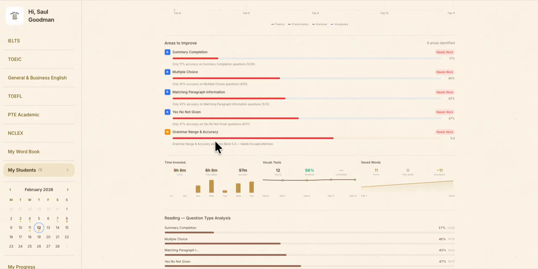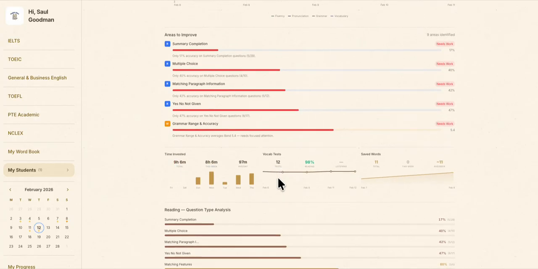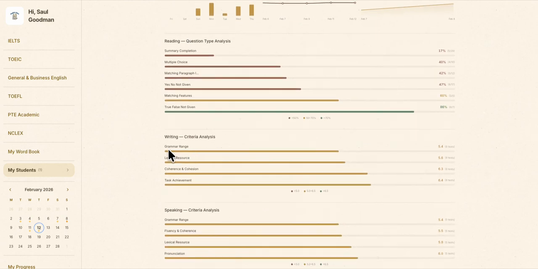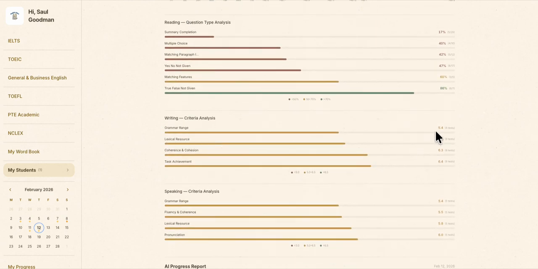Nice. And then his vocabulary test is pretty inspiring actually. He is 98% correct. And for reading, this is his metrics. Writing, he is normally getting 5.4 for grammar range. Obviously his grammar was not very good, so he needs to work on grammar the most. But task achievement, he is showing pretty good